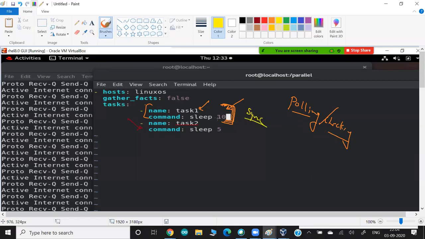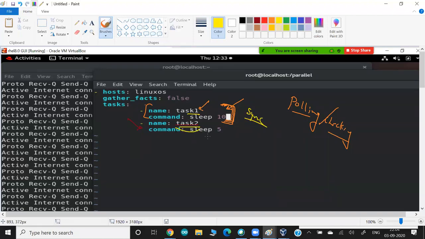Okay, but guys, sometimes it is very important to know that this task number 1 is a very independent task. This task number 2 is a very independent task. So task number 2 is not at all dependent on task 1. For example, maybe task 1 is doing a backup, and task 2 is maybe doing some updates, or testing something. Because both tasks are independent, waiting for task 1 to complete and only then going for task 2